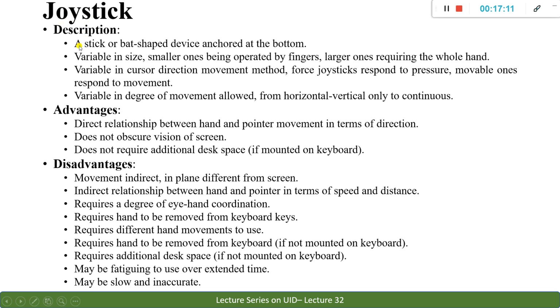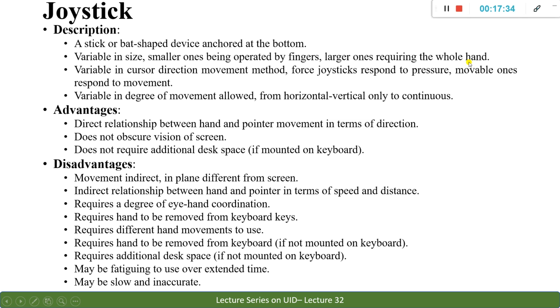When you consider a joystick, it is a stick or bat shaped device anchored at the bottom. So you have something fixed at the bottom, and a stick that is coming out and you can move that. It is usually variable in size. Smaller ones are operated by fingers, and larger ones require the whole hand.